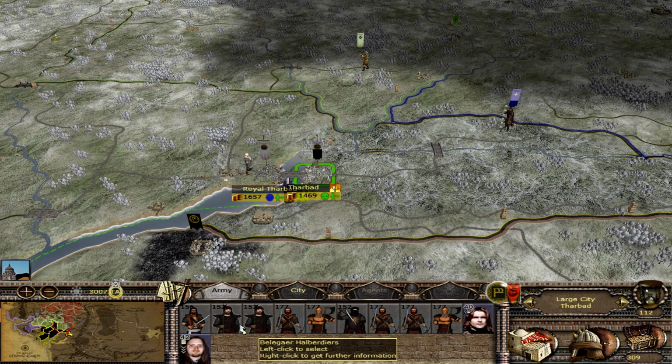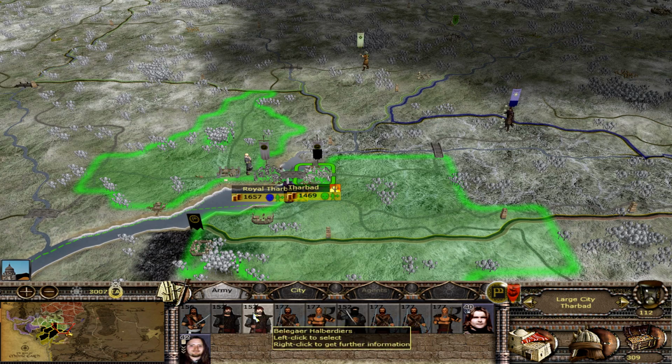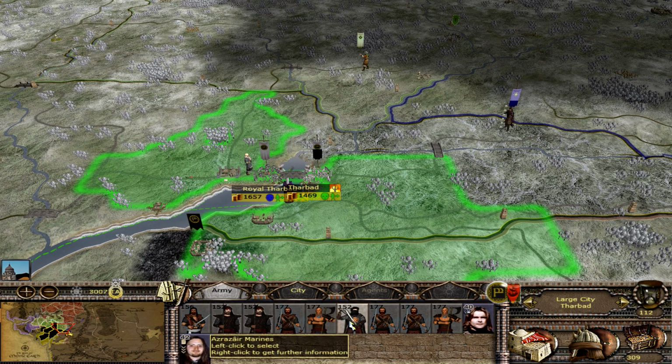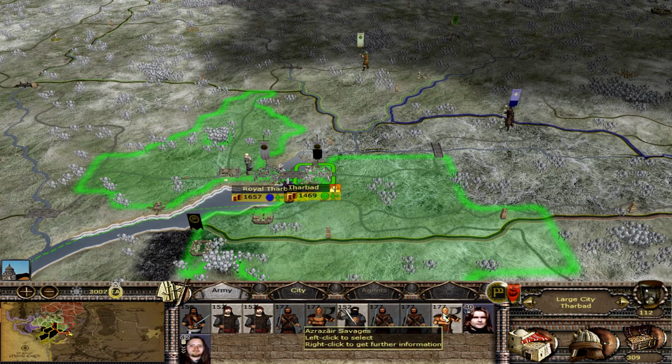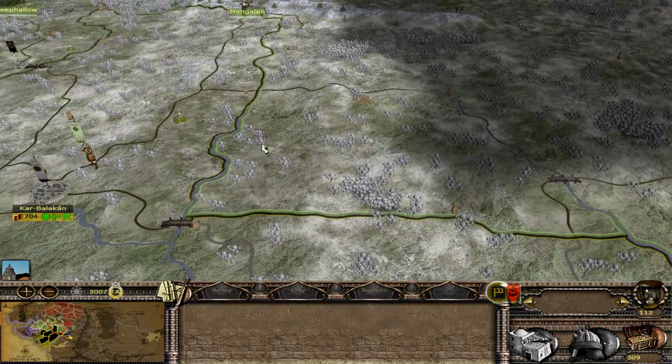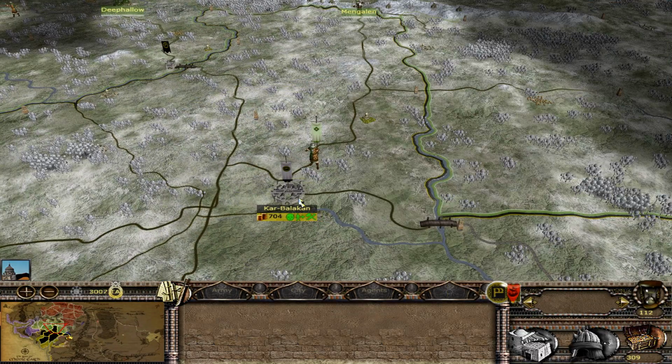Although, we can get more upkeep if we... And we're only a turn away, so if we take... It depends if they attack there. Oh, they can't reach us in one turn. Perfect. So, send the 4 most expensive of you back to the fort. Keep that up. Captain Barbie. Hey, Barbie.